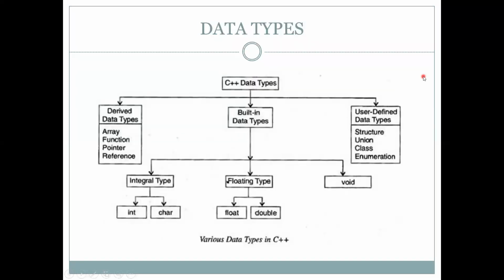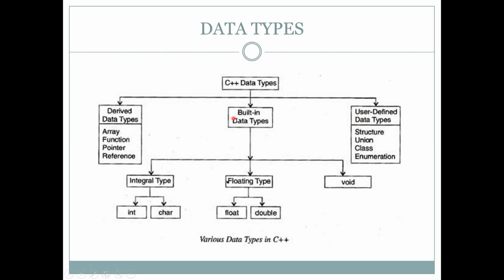The next is the different kinds of data types in C++. Okay. So a data type represents the type of the data. Means in your program, we are going to manipulate different kinds of data. You can play with number values, alphabets, and floating point values. For every data there are some types predefined in C++. Basically, there are three kinds of data types in C++: first the derived data type, then the built-in data type, and user-defined data types.